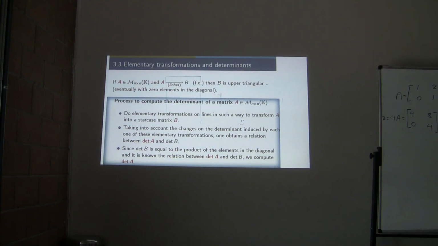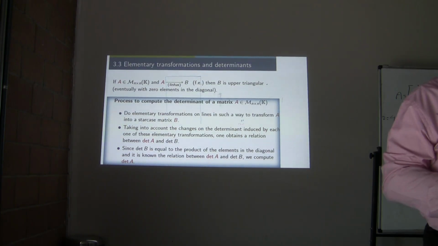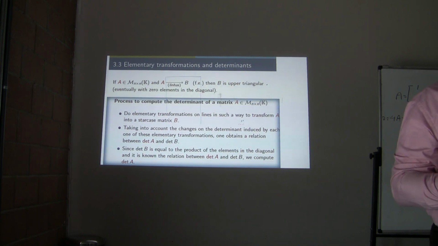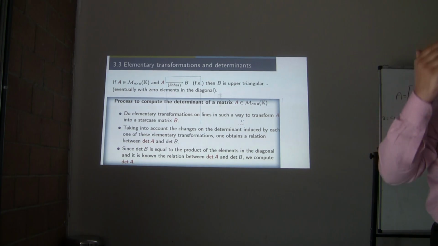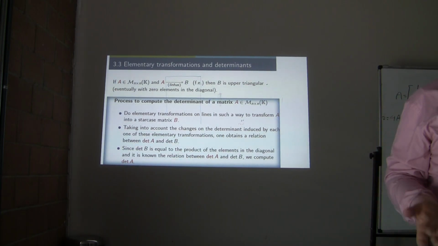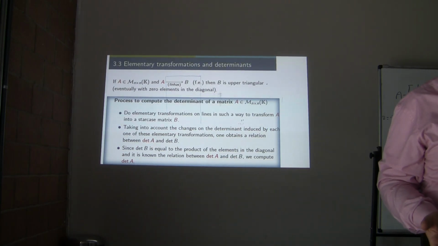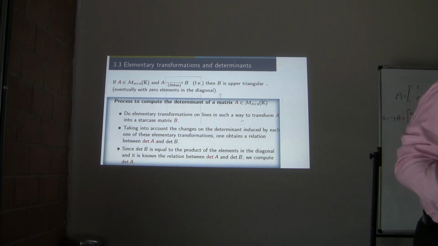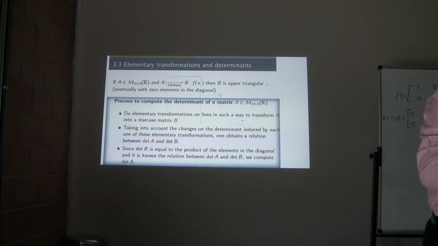Swapping rows, multiplying a row by a number, or multiplying a row by a number and adding the result to another row. I will make these manipulations in order to put the matrix in echelon form. What's the echelon form? To be an upper triangular matrix. Once it is an upper triangular matrix, the value of the determinant will be the product of the elements of the principal diagonal. Do you understand what I mean? But once you are playing with the row operations,